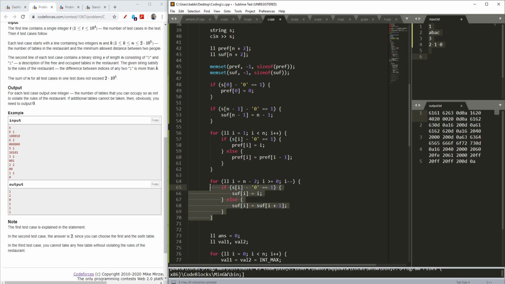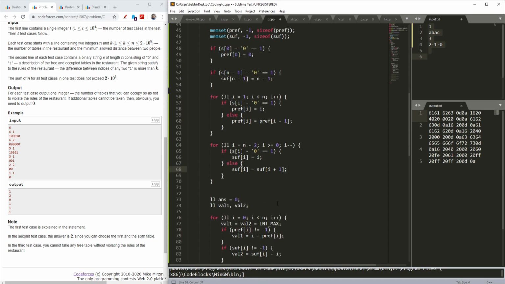Similarly, for suffix, I will check if s of i is 1, then I will update my suffix as the particular index. But if it is not, then I will have my suffix of i plus 1 as the suffix, as it is basically how you find the prefix and suffix sums.